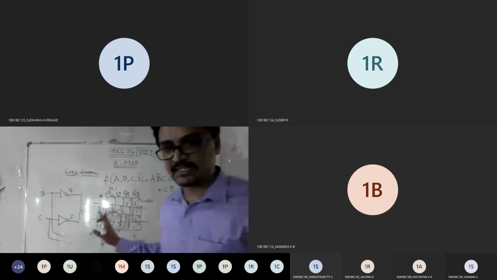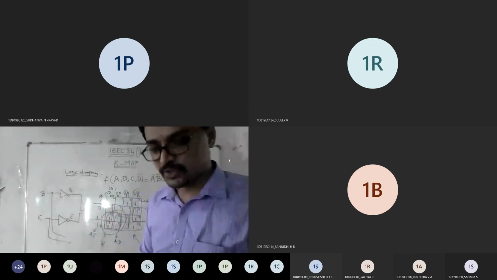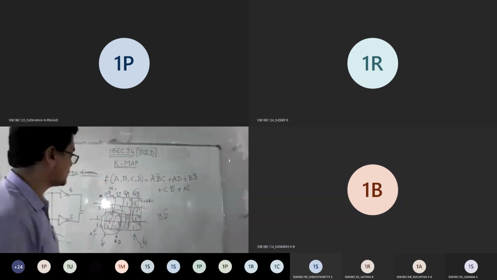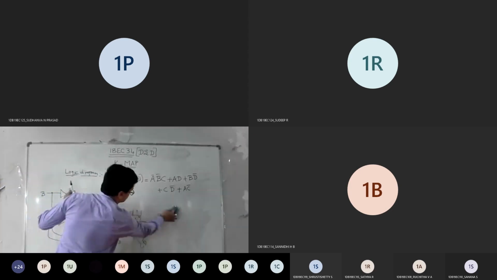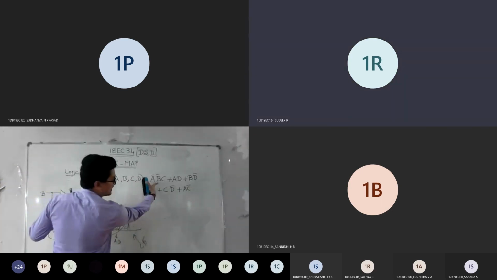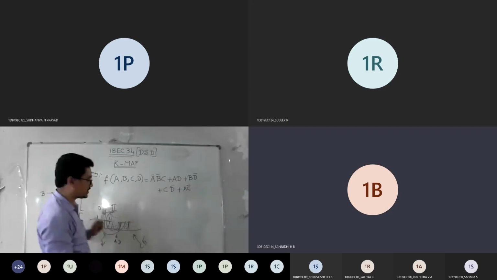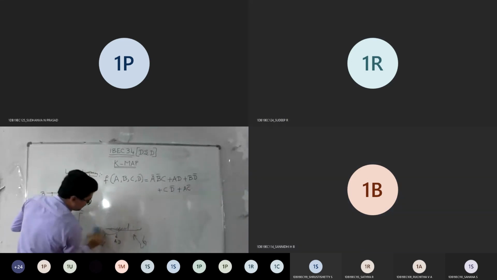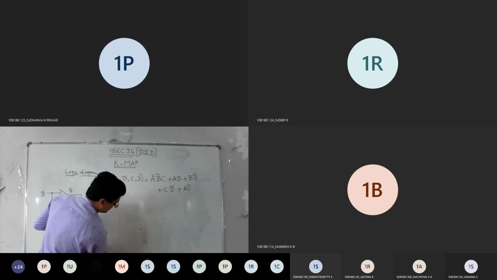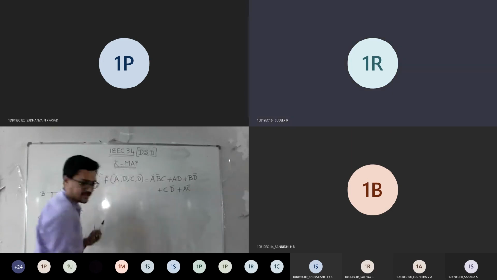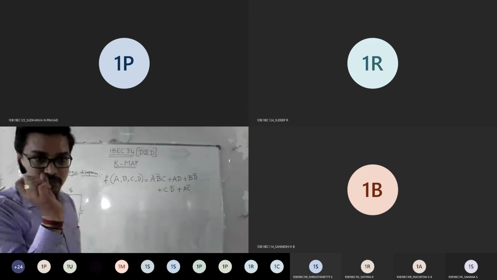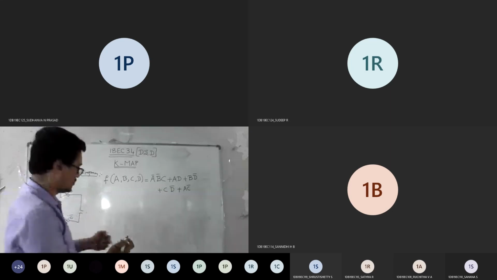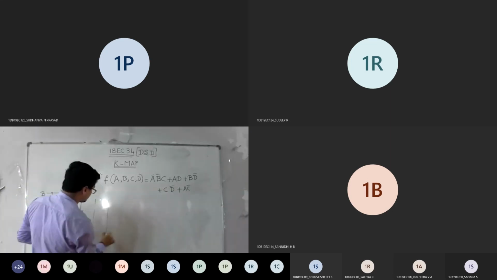Still, we have not simplified. So let me rewrite the things. You just tell me one of the ones, and from that I will tell you how to simplify. So I need to reduce this expression further. That is what the question is. It is very important for 10 to 12 marks, so be alert. We have solved all different types of problems. If we end with this, that will be the end of your SOP type. Okay, so let me rewrite once more.